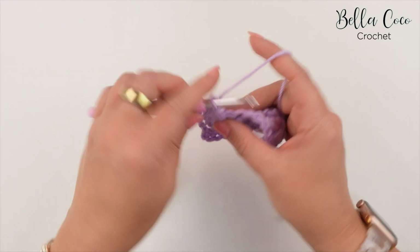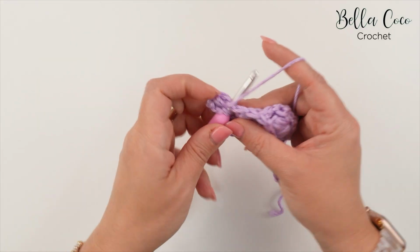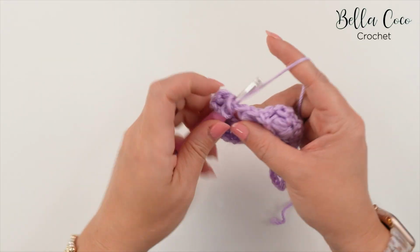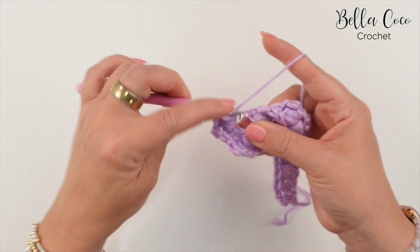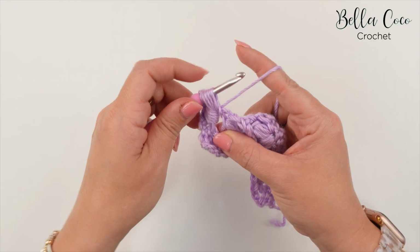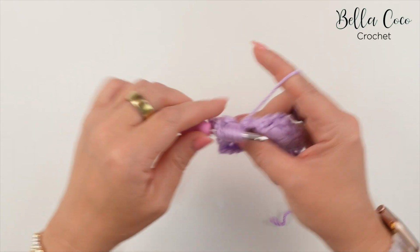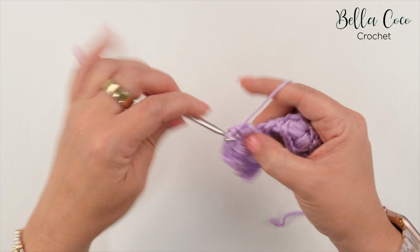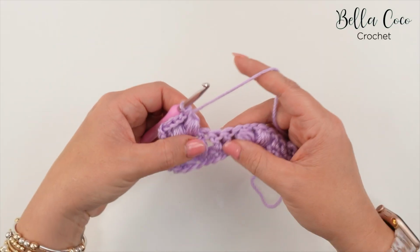then work another one of those into that same chain space. So yarn over, pull up a loop, and then 4 more times. 1, 2, 3, and 4. Yarn over, pull through 10 loops, yarn over, pull through 2 loops, and then we're going to